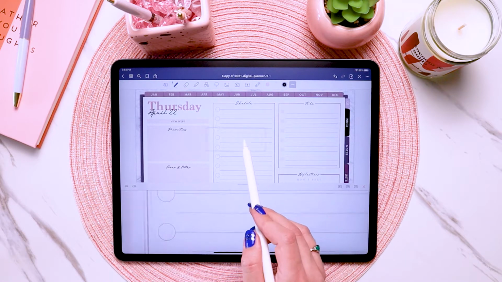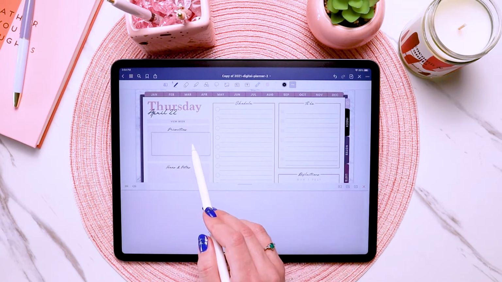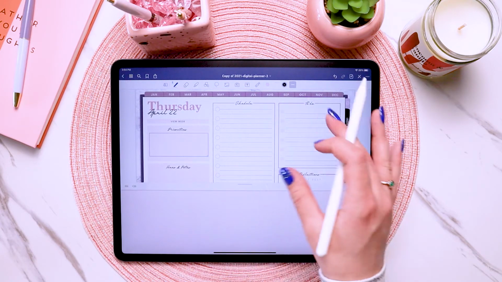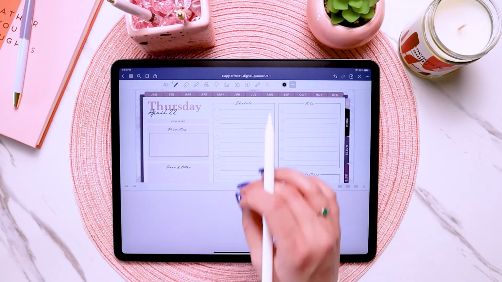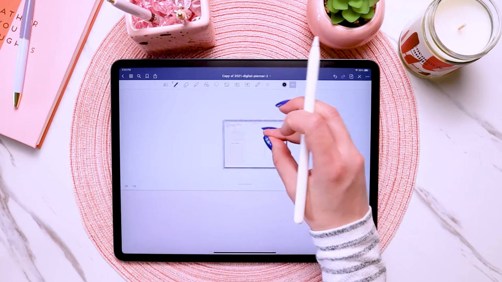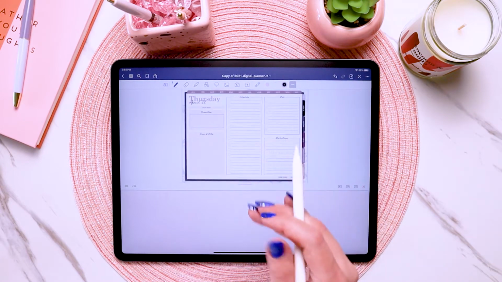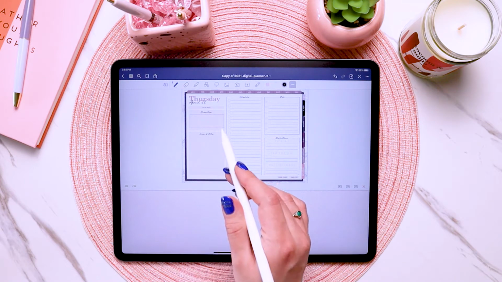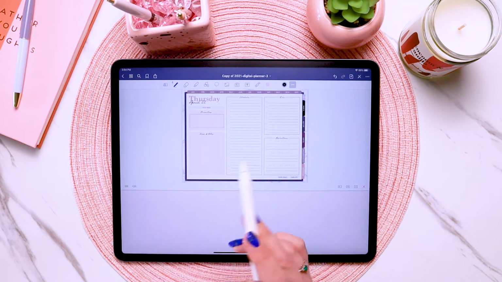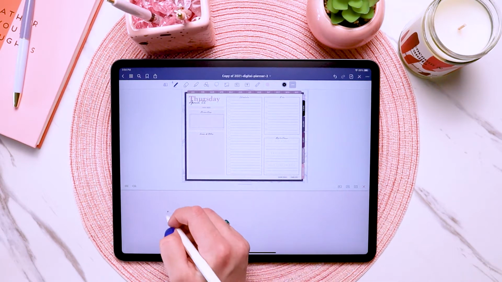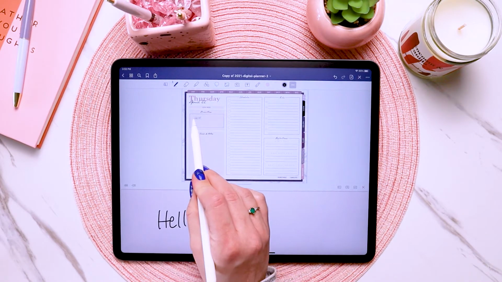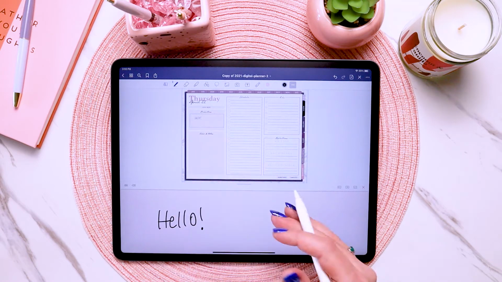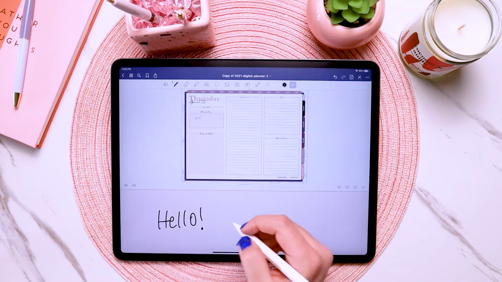So the zoom box tool is really good to use if you want to be able to just zoom in on a certain area of the planner page but still sort of see the entire page and not have to zoom in all the way. So you can even zoom out all the way and see the entire page once you have the zoom box over where you want. So you would just position it where you want it, and then you can write. And as you can see, it populated the writing there, and you'll see the auto advance feature. If I just keep writing,